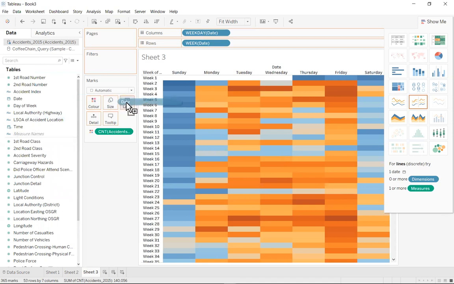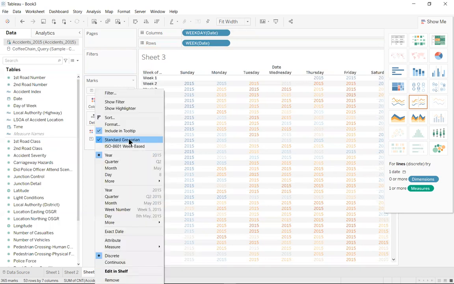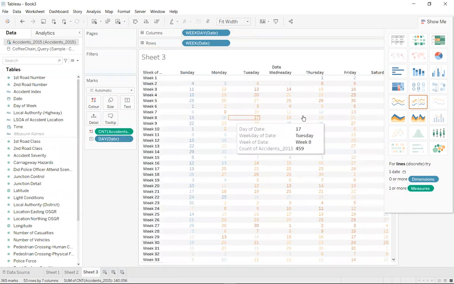Next, you're going to drag and drop the dates to the label. You want to put in some labeling. Okay, so there you have some label, but it isn't what you want. So let's right click. So let's just do some changes. Let's select the day. So we're going to check the day. So we got the days, right,